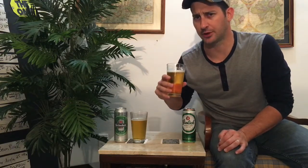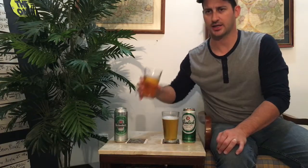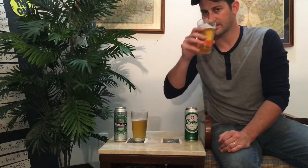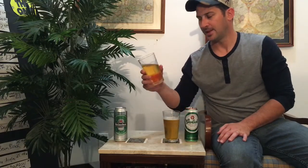The Grolsch is slightly metallic and a little bit sulfuric, whereas the Heineken has a salty sweetness to it. It doesn't have any of that kind of tinniness that I find in the Grolsch. With the Heineken, there's almost nothing from a hop perspective, where the Grolsch has a slight hoppiness to it, which, if you're a hop fan, then you're going to be leaning in this direction for sure. From a citrus perspective, this is almost more of that light lemon, and the Grolsch is more on